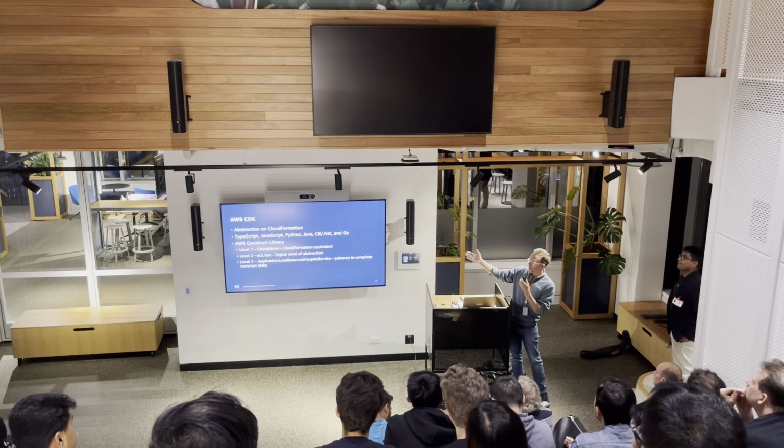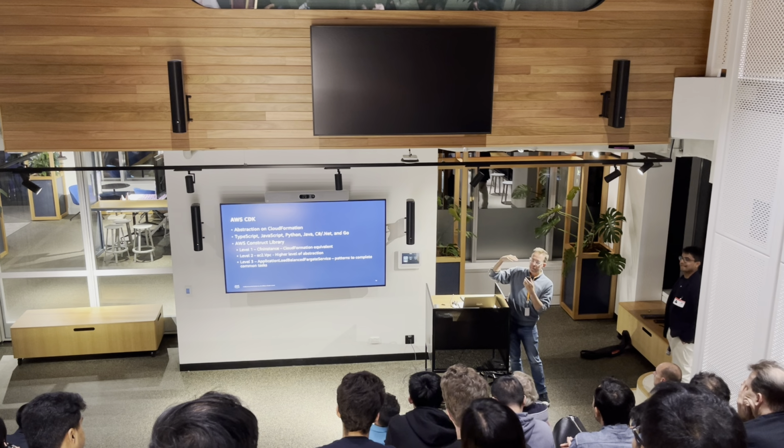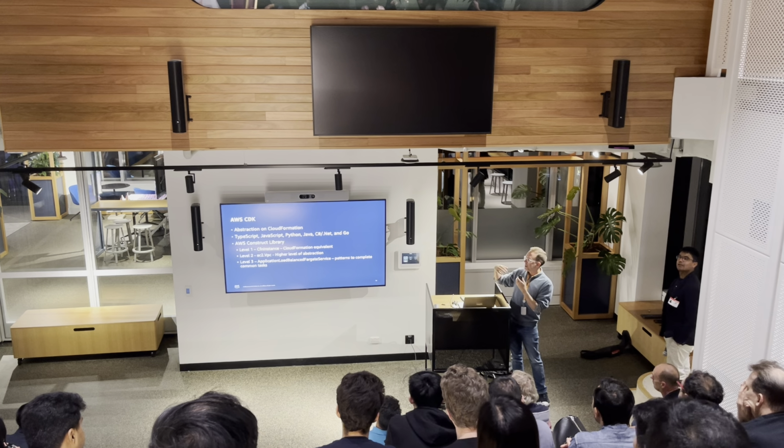There are level 1 constructs that are just an exact mapping to what CloudFormation does. There are level 2 constructs that are a higher level of abstraction. There is a VPC construct that's actually going to go off and create multiple things, and it has parameters to say, I don't want to use a NAT instance, I want to use a NAT gateway, that kind of thing. So people are developing constructs for CDK. It's very convenient for code reuse.